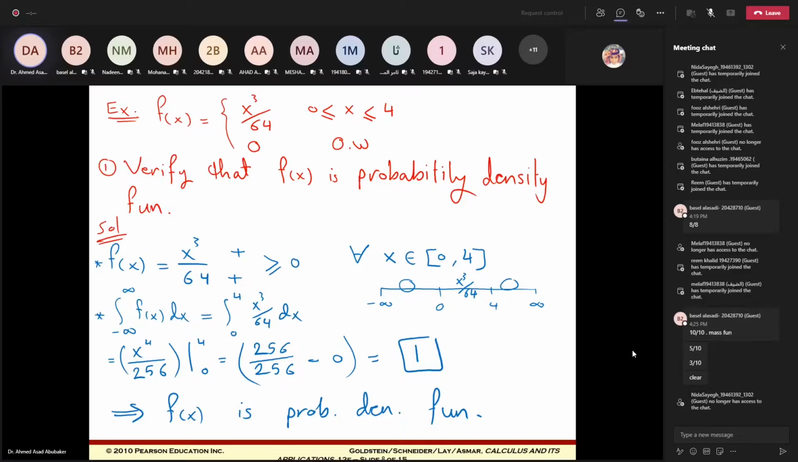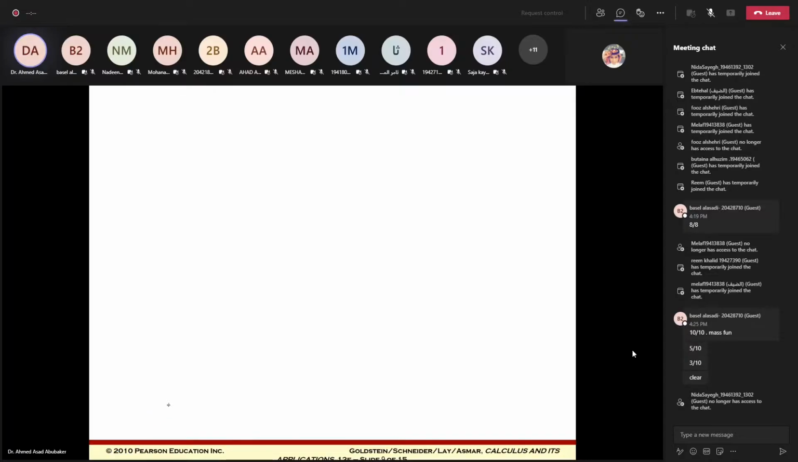Okay, any question? If we need to find the probability for some interval, for example, number 2, find the probability x less than or equal to 2, or the probability x greater than 3, or the probability x between 1 and 3,